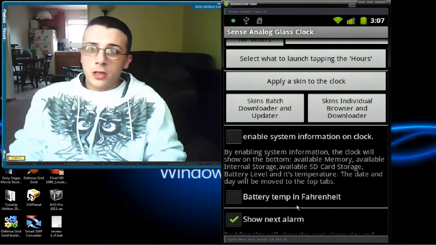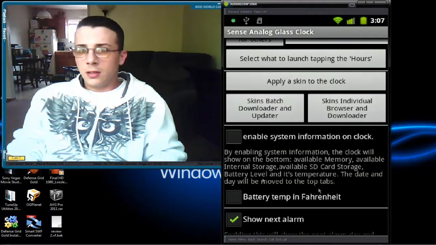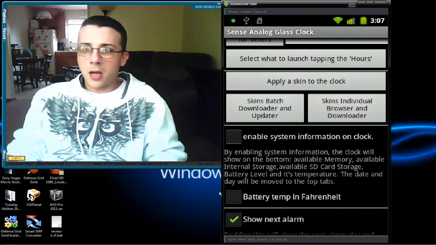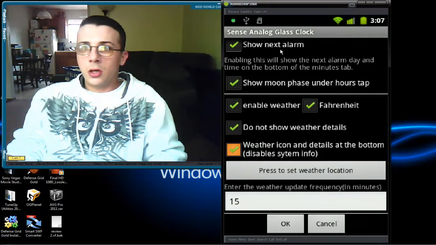Enable system information on the clock and tell it that you want your battery temperature in Fahrenheit rather than in Celsius. I don't use this anymore. I used to, and I really liked it. I don't really need it on my clock at this point. You can also have it show when your next alarm is going to be, and also the moon phase that's